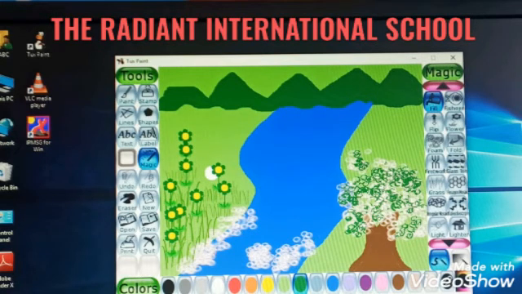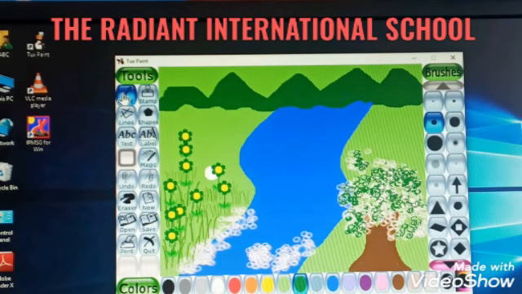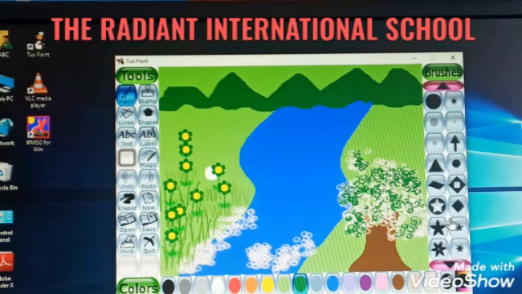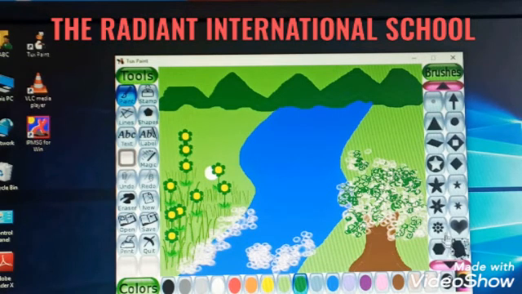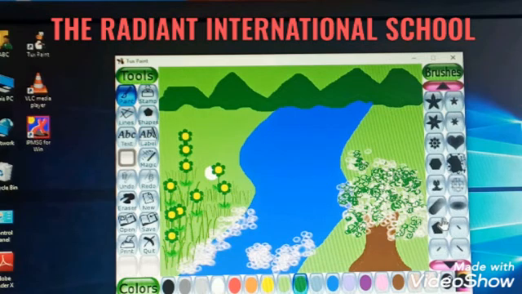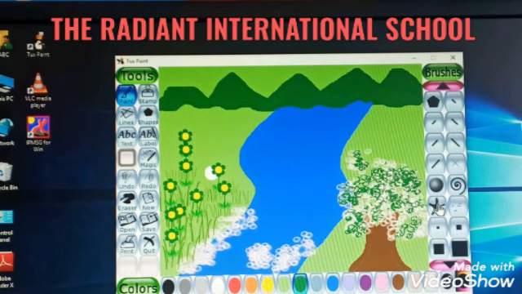Next I want to show you is the starfish shape. That is available in the paint tool. Select the paint tool, move down, and you can see here so many star shapes are given, right? So you can select any shape from here. See, this is a starfish. So select the starfish, select the color of the starfish you want, and then near the water you can put this starfish. Can you see this, students?